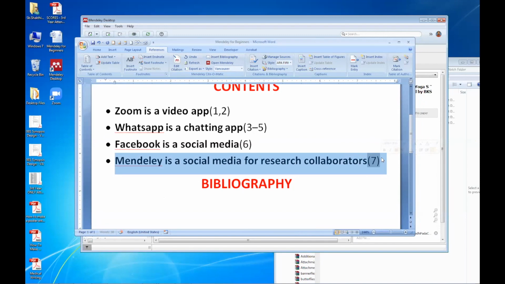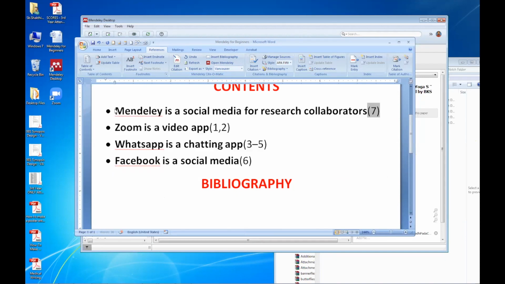the formatting. For some reason, I want Mendeley to be the first point, and I am just taking this and placing it here. Did you understand what I did? Mendeley was the 4th point, but I have taken it and kept it as the first document. So now you see the numbers are all changed. The 7th one is on top. It should not be so, because it should be in order. But let us see what happens.